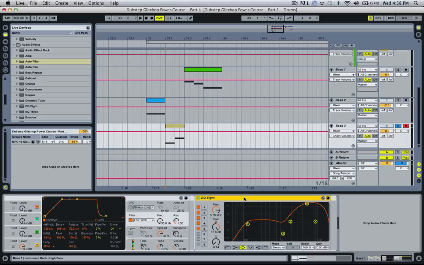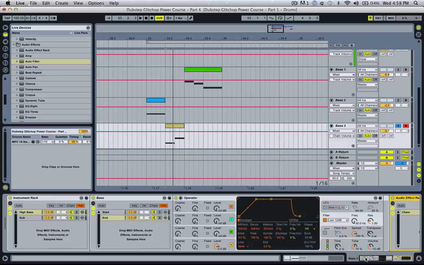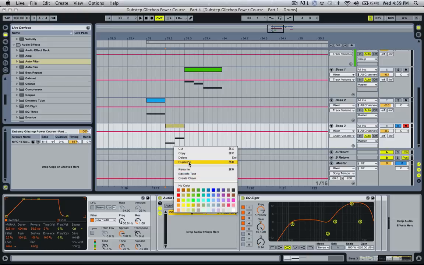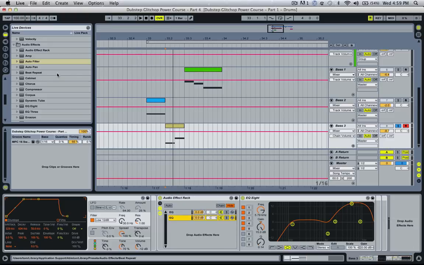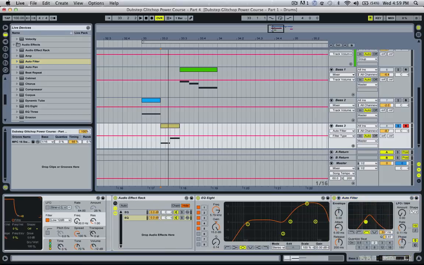Let's go into this EQ8. Let's group the EQ8, put the EQ8 inside a rack. So just keep up here, and we'll just call this the EQ. I'm going to duplicate that, so right click and duplicate, so now we have 2 copies of the EQ, but on this one, let's put an auto filter after it, turn it into a band pass, and we'll turn the LFO amount up, and put it into beats mode, so remember the LFO will latch onto the actual BPM of the tune,